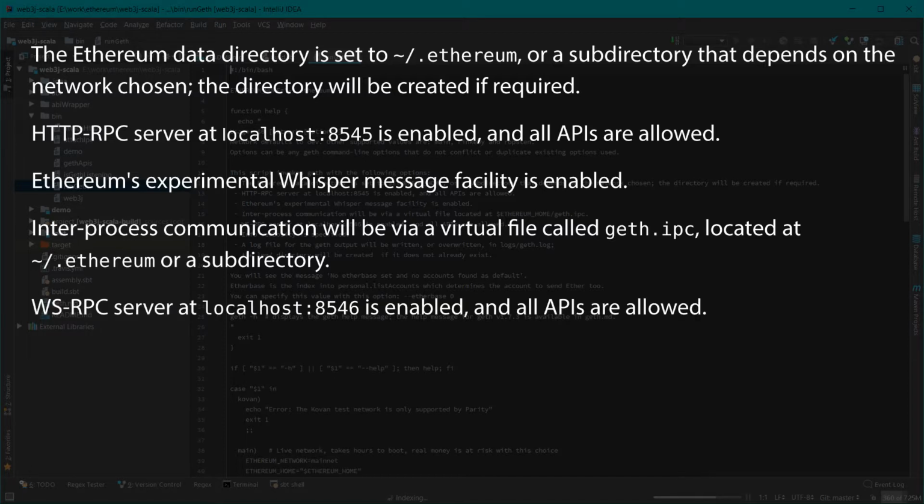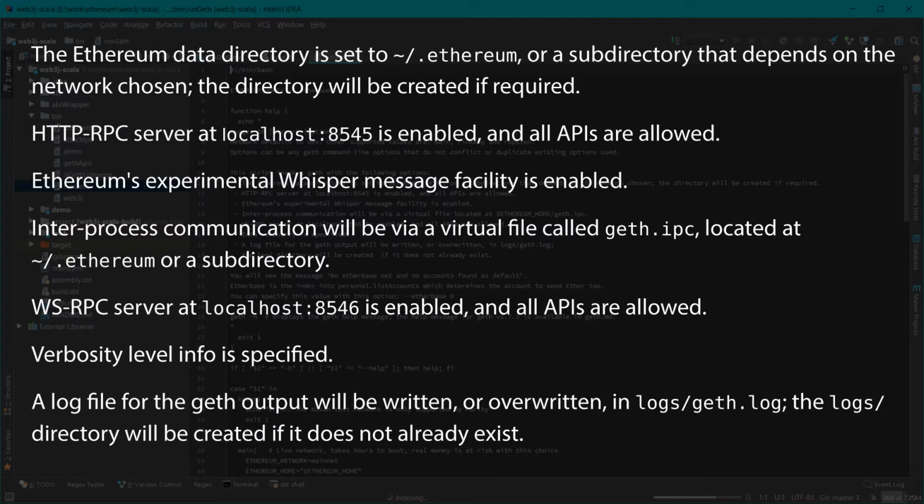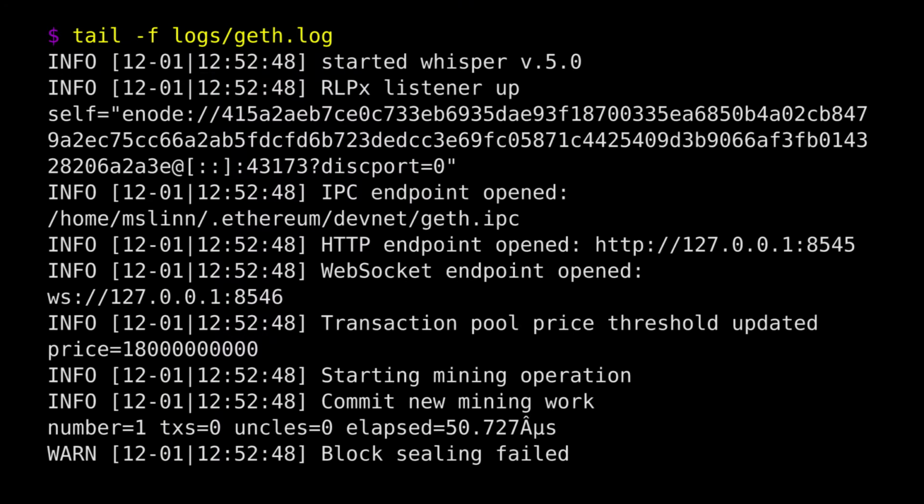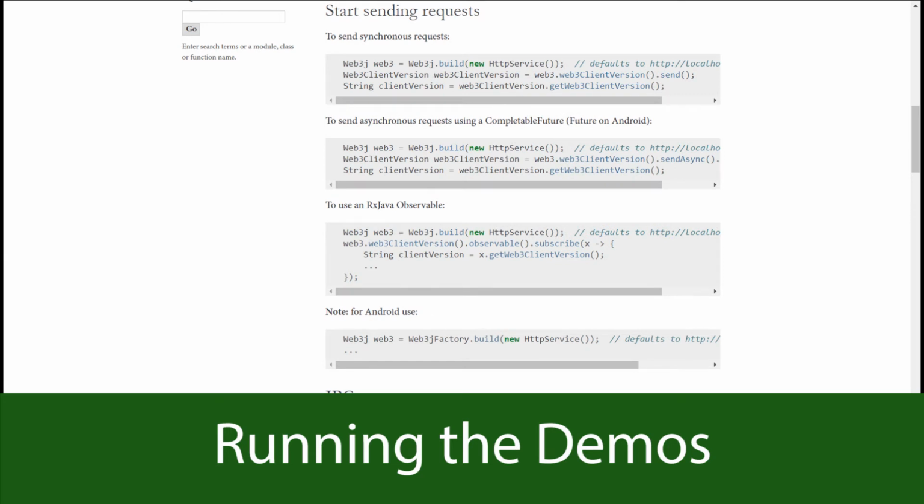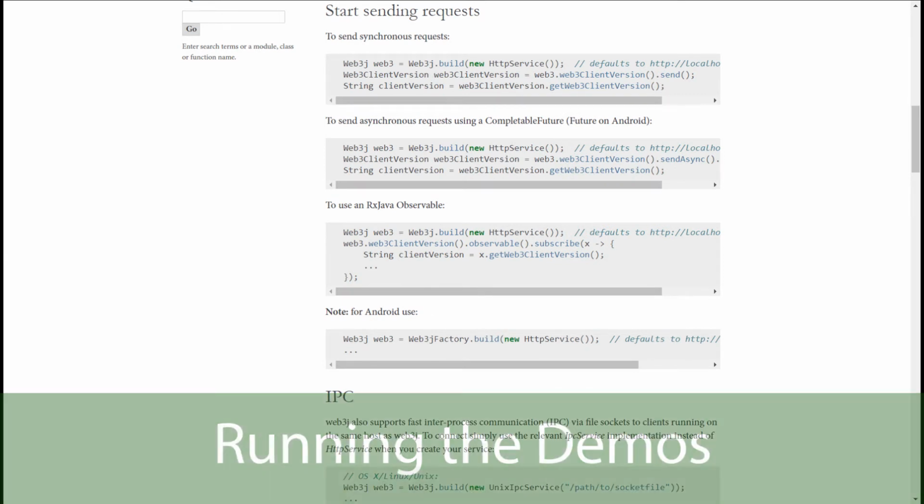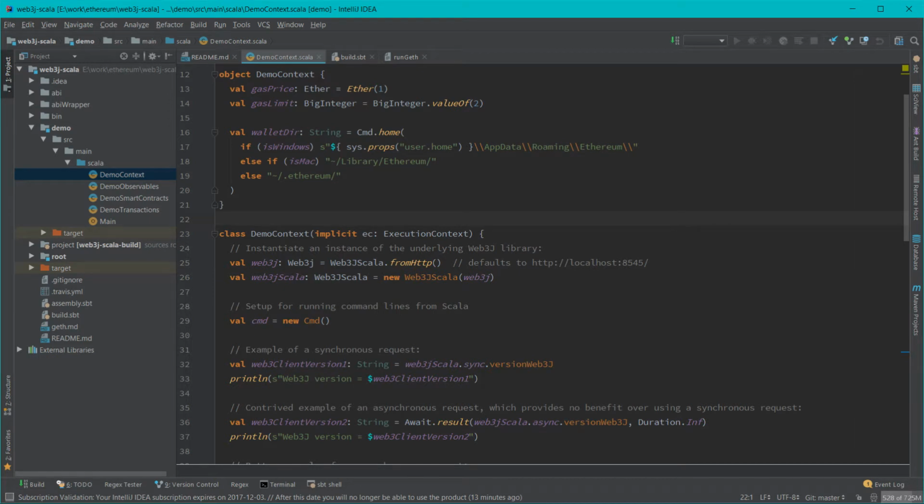A web services RPC server at localhost 8546 is enabled, and again, all APIs are allowed. Verbosity level info is specified, and a log file for the Geth output is written or overwritten in logs/geth.log. That directory is created if it doesn't already exist. Geth will continuously scroll output so long as it continues to run, so you must run the demo programs in another shell. The demo programs follow the general outline of the web3j Getting Started documentation adapted for this project, including